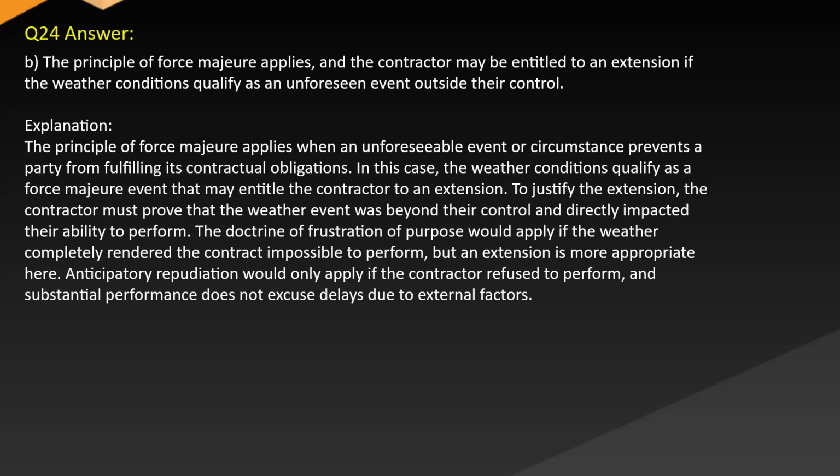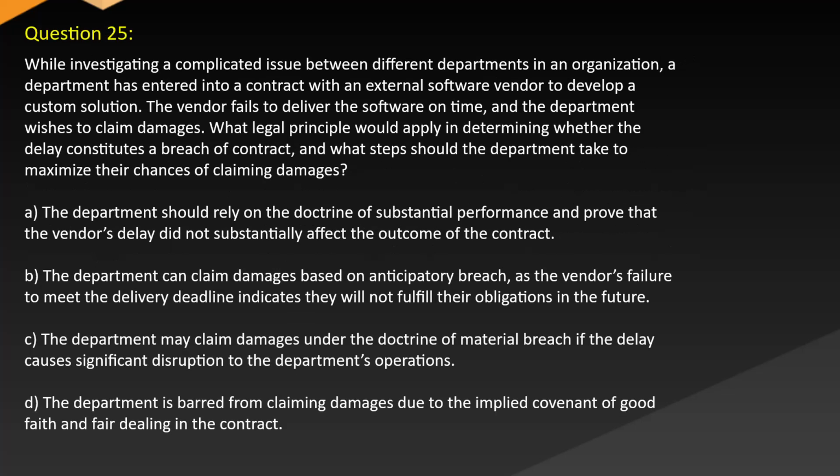ability to perform. The doctrine of frustration of purpose would apply if the weather completely rendered the contract impossible to perform, but an extension is more appropriate here. Anticipatory repudiation would only apply if the contractor refused to perform, and substantial performance does not excuse delays due to external factors. Question 25. While investigating a complicated issue between different departments in an organization, the department has entered into